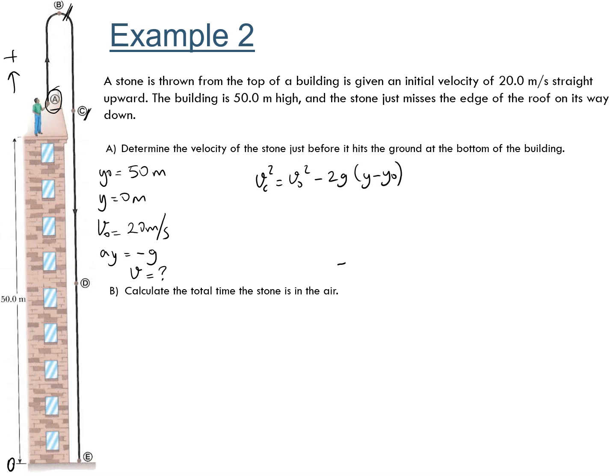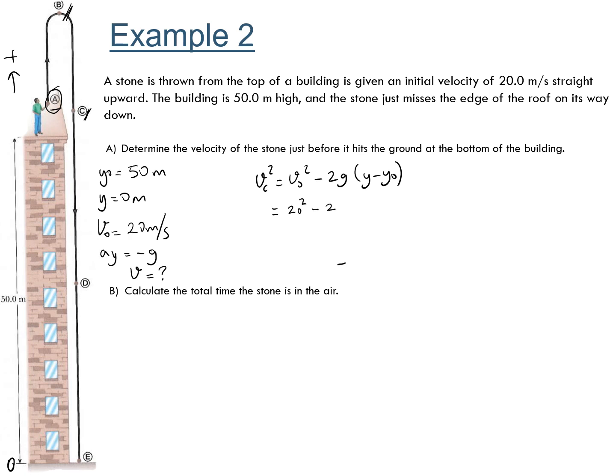Okay, there you have it. Now consider this. We know the v original, we know acceleration, we know y and y naught. So there is no reason why we cannot find the velocity at point E directly. So there is no need to rearrange anything, just plug in the variables. So 20 squared